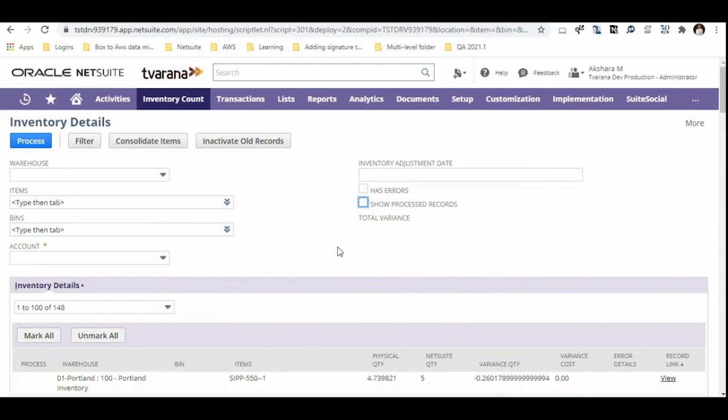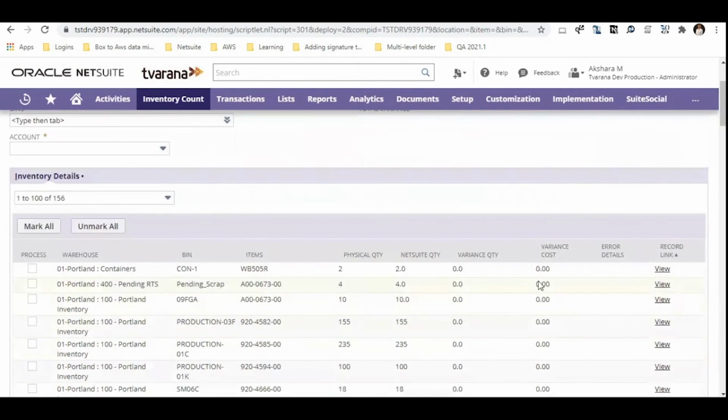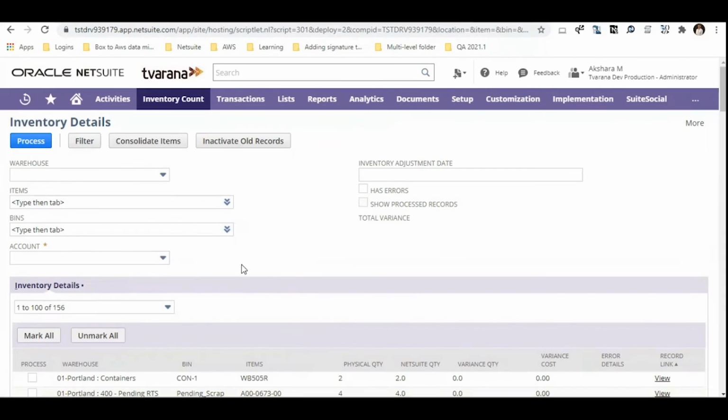inventory adjustment record. If we want to go back to the Inventory Count screen, we need to uncheck the box and click on Filter again so that the screen shows the records that are not yet processed. If we want to view the custom record that is associated with an item, click on the View link to